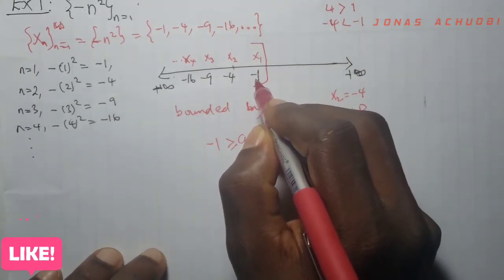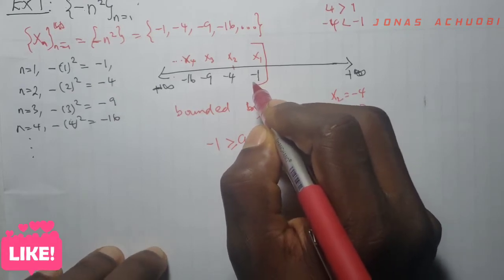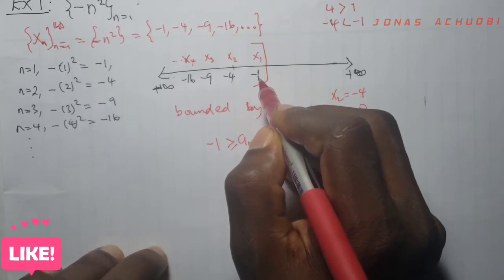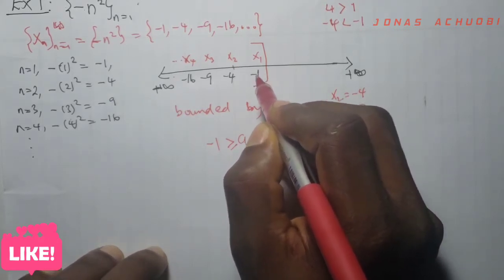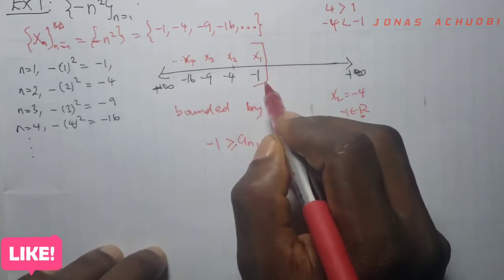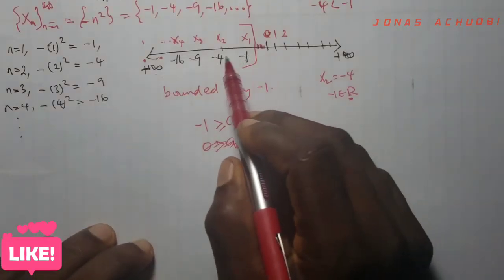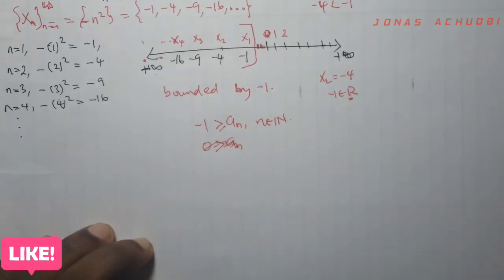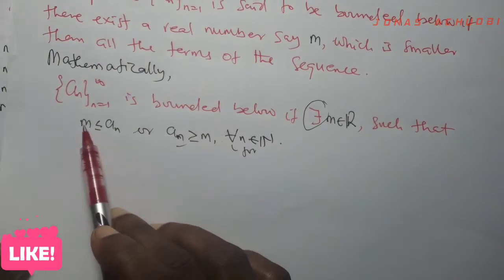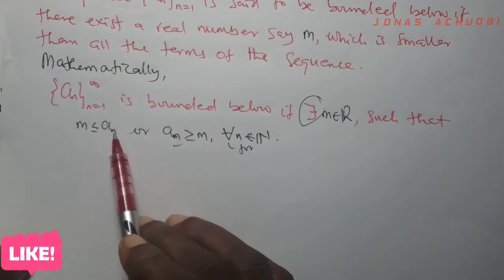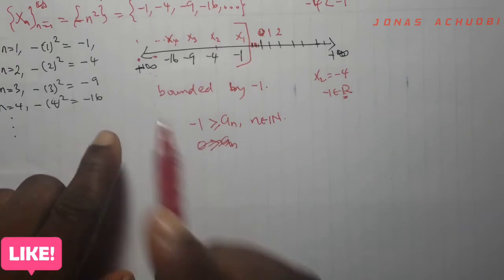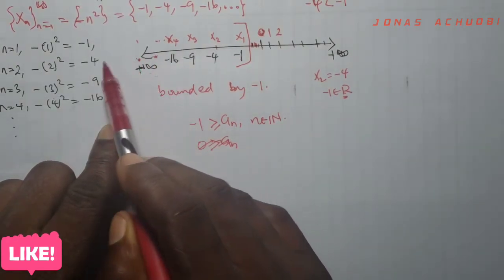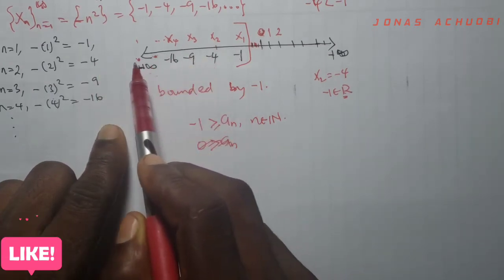What this simply means is that there is no other term of the sequence that is bigger than minus 1. In that case, we now say that minus 1 is the upper bound of the sequence. We see that the sequence is bounded above by minus 1. However, this sequence is not bounded below. Why do we say so? Because there is no such n that is less than or equal to all the terms of our sequence. The terms keep going, this is minus 16, this is the next term, and they keep going on,